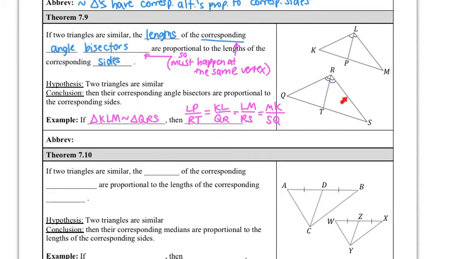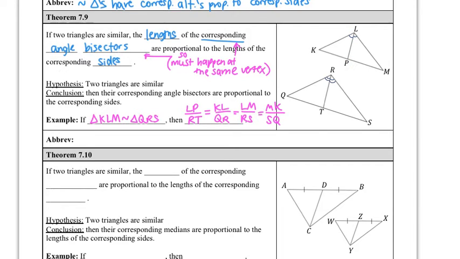So say if we had another point here that was, say, X, and this one was Y, KY and QX would also be KY is to QX. It would also work if it was an angle bisector. So if that segment I was talking about was an angle bisector, that would also work here. So whatever angle bisector it is, and even angle bisector to angle bisector would work, because if this angle bisector,